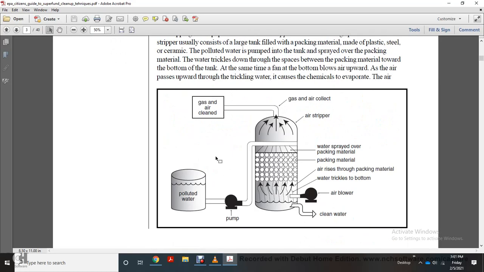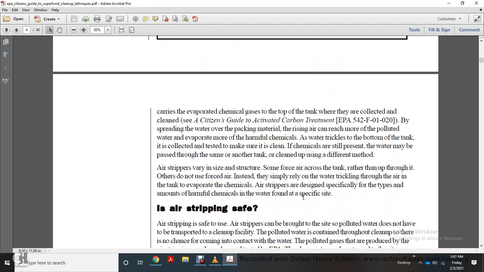The diagram shows polluted water pumped in, water spray, packing material, air rising from the packing material, water trickling to the bottom, airflow, and clean water. The air carries the evaporated chemical gases to the top of the tank where they are collected and cleaned. By spreading the water over the packing material, the air reaches more of the polluted water and evaporates more harmful